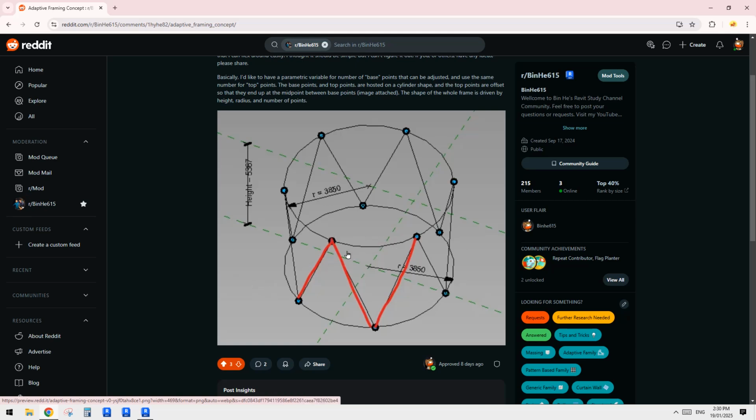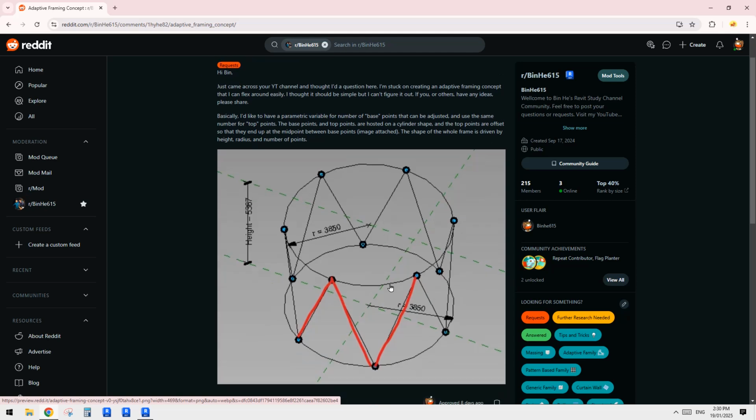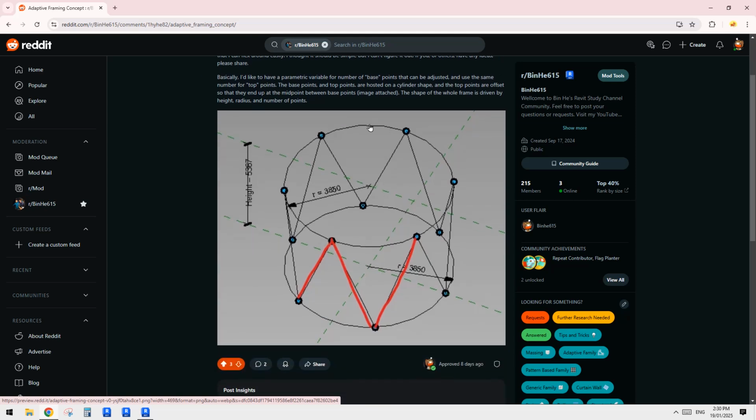So today we're going to try this one. So basically what we need is there are two circle shapes, right? So we can change the size, and then on these two circles there are points, and then we're going to connect between these points to just create